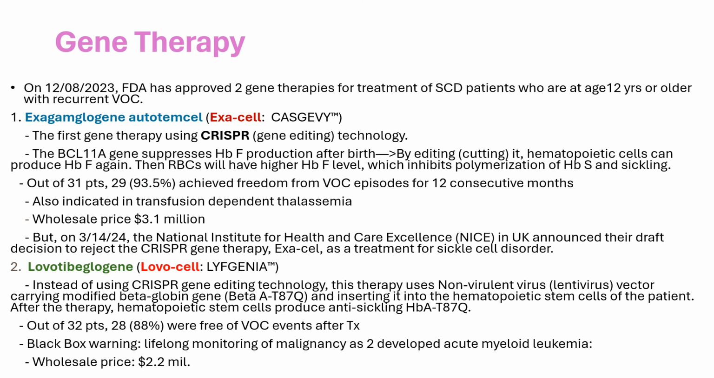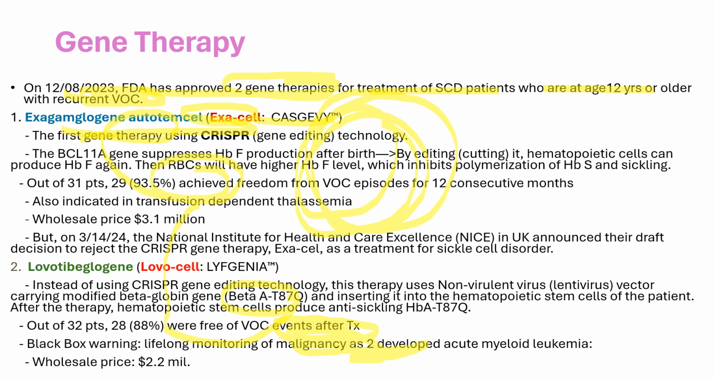In December 2023, the FDA approved 2 new gene therapies for treatment of sickle cell disease patients who are age 12 years or older with recurrent vaso-occlusive crisis. The first one is exa-cel, Casgevy. It's the first gene therapy using CRISPR gene editing technology. We studied that hemoglobin F deters sickling,